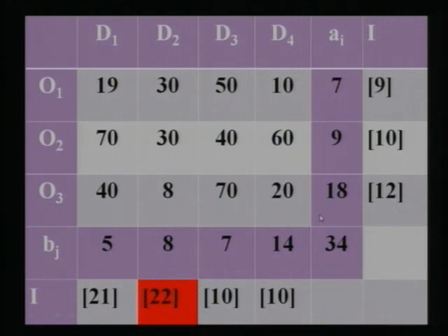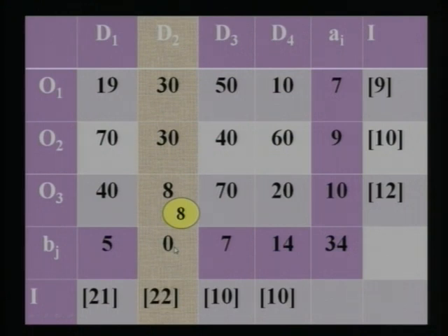Now after the allocation is made, we adjust the rim values. And then we delete, because this 8 will go. Because we allocated 8 here, we delete this particular column. Wherever the demand or supply is exhausted, that particular row or column we delete. Here the demand is exhausted, which becomes 0. So I have deleted this second column, and that which was 18 here, 18 minus 8 becomes 10. So this supply value becomes 10. Now in the remaining table, again we calculate penalties, and we do not consider this second column for the calculation of penalty in the second round.